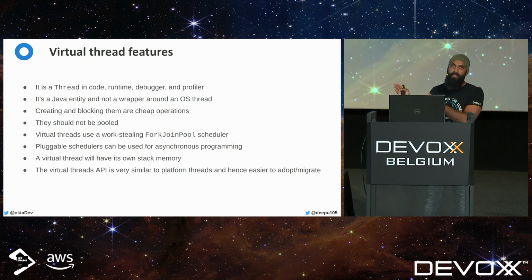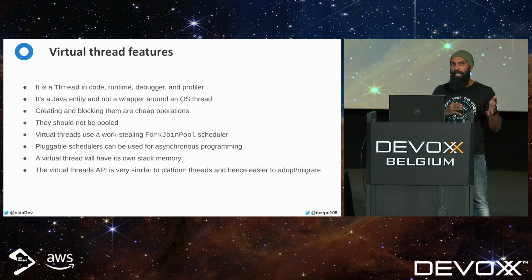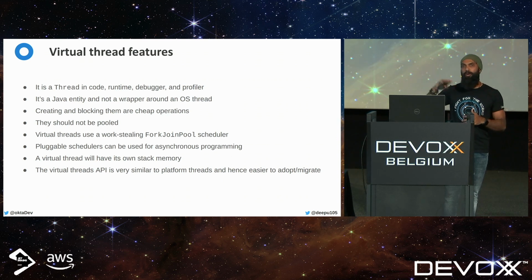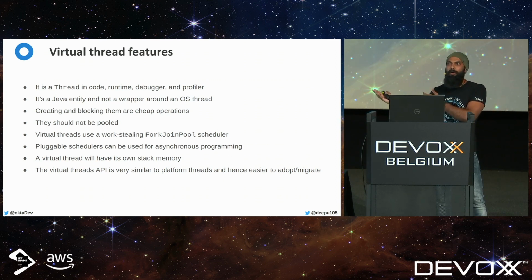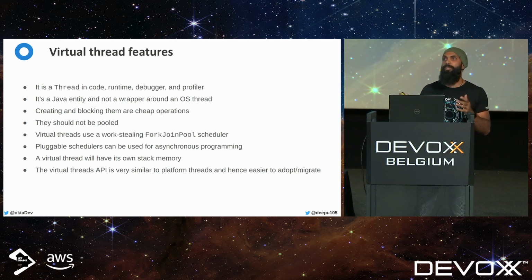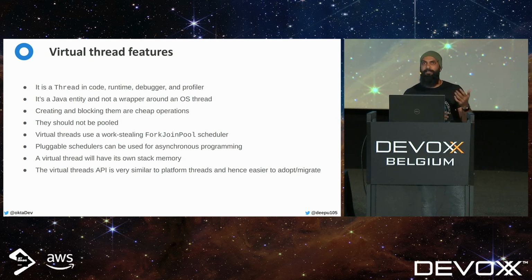So that's the beauty of this implementation, because virtual threads are one of the biggest additions to the Java language, probably after Java 8. This is probably the biggest addition to the language, and probably the biggest change to the JVM itself, internally, in how things work. So internally, a lot of change has happened for this particular feature. But for a developer, nothing much has changed. The API surface is so small that there are basically a few new methods and one or two new factories, and that's it. That's the only API surface for this huge feature. So that makes it extremely easy for migrations and for adoption.